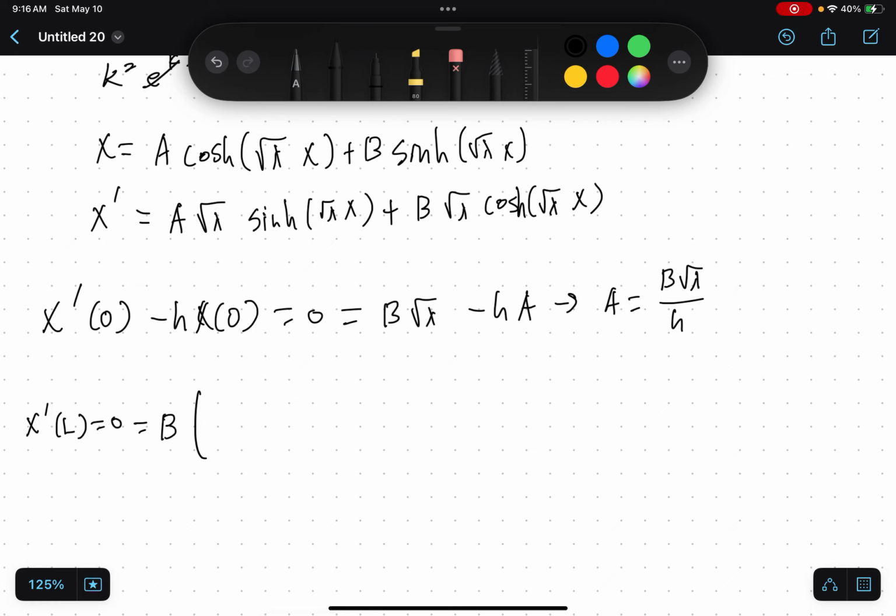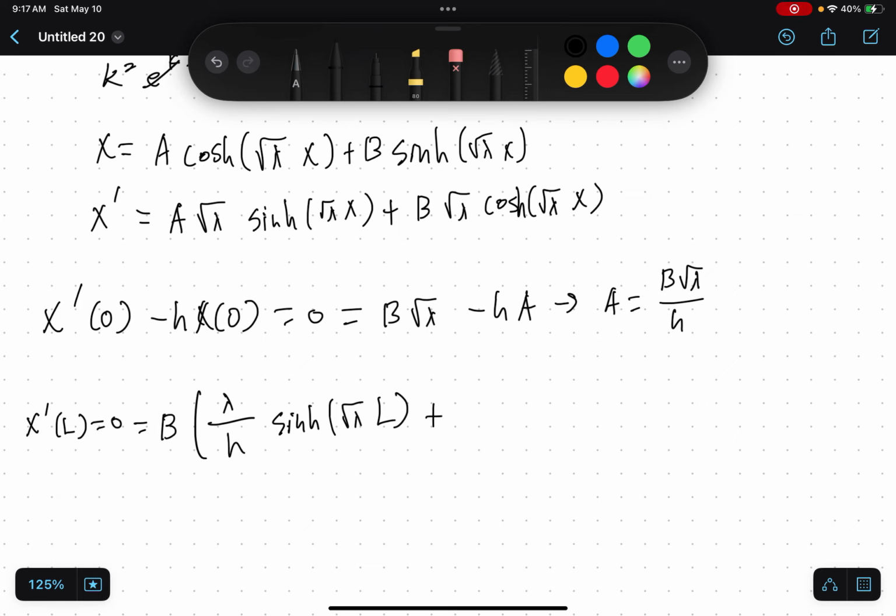But essentially, I'm plugging in a right there, and then I'm multiplying out a b from both terms. So I have a b times lambda over h sine hyperbolic of root lambda L, because we're plugging in L into the x,